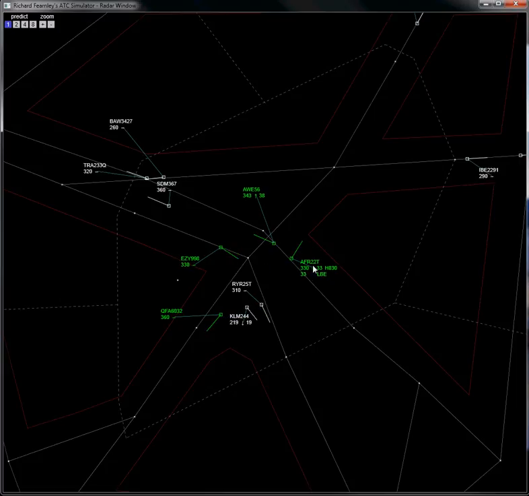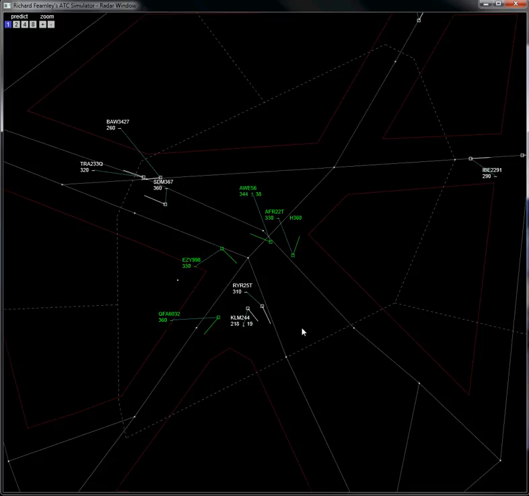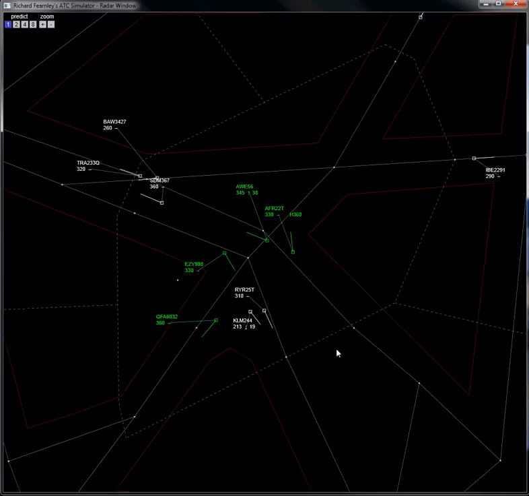And vector the Air France 22 Tango around the controlled airspace, around the military airspace. And I believe here, well, we'll resume this aircraft on its own navigation towards its exit point, but that's the exercise complete. So, thank you for watching this video. I hope I've demonstrated everything